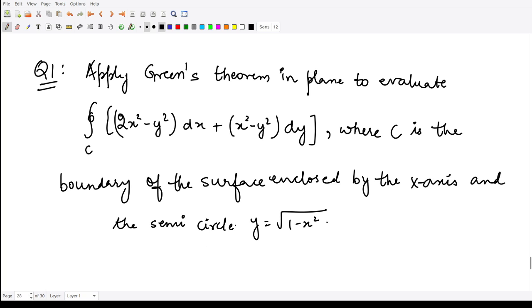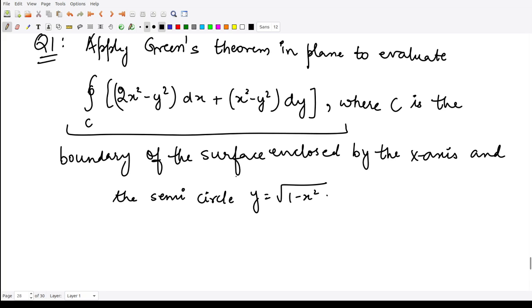Now if you say I won't use Green's theorem and I will directly solve this integral and compute the line integral for this particular curve, that would be quite tedious, right? So that is the use of Green's theorem: whenever we find a line integral which has difficult geometry and which we cannot directly calculate, we will apply Green's theorem to simplify this, and then calculate the corresponding surface integral.